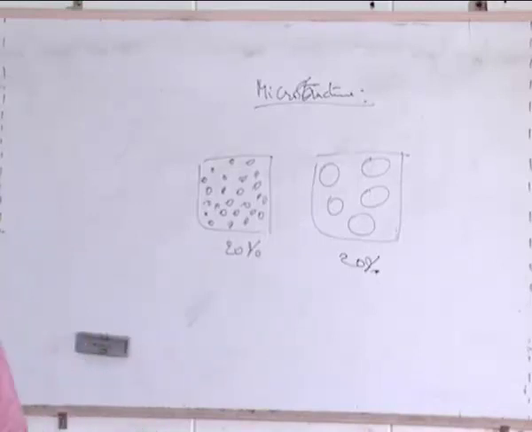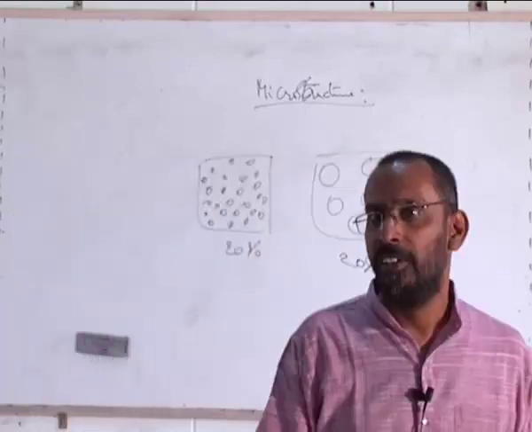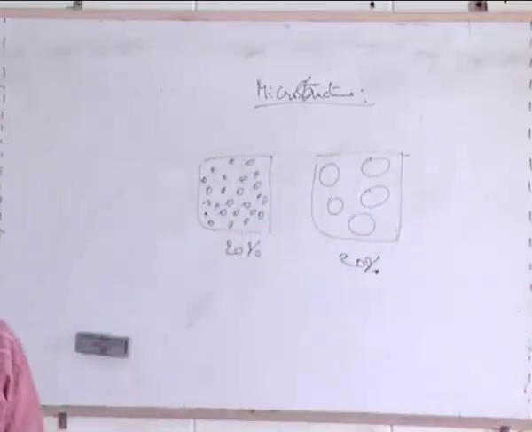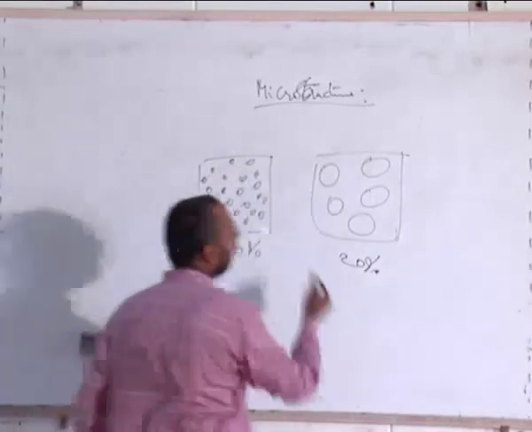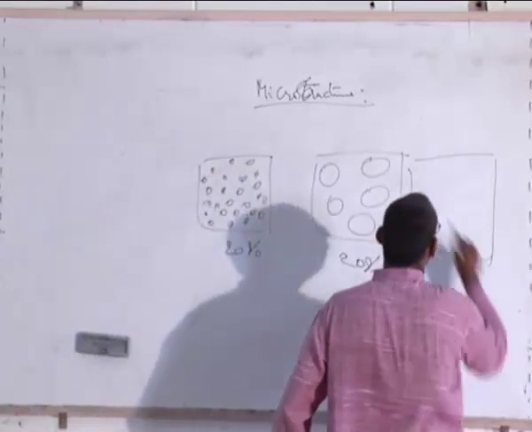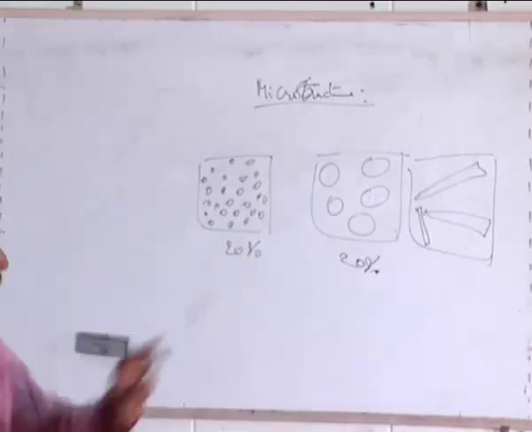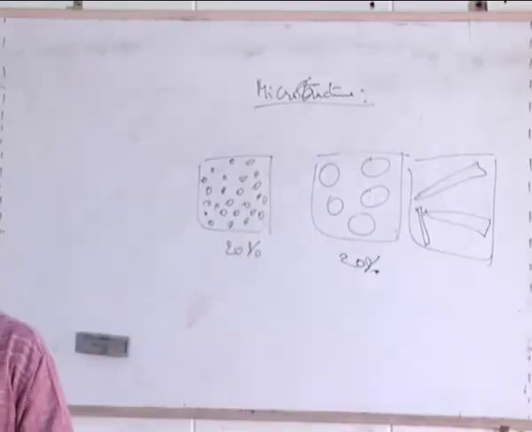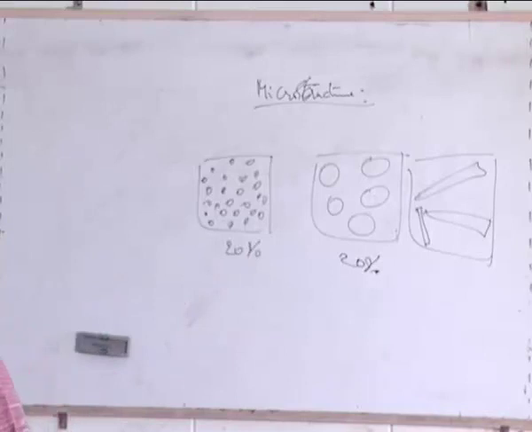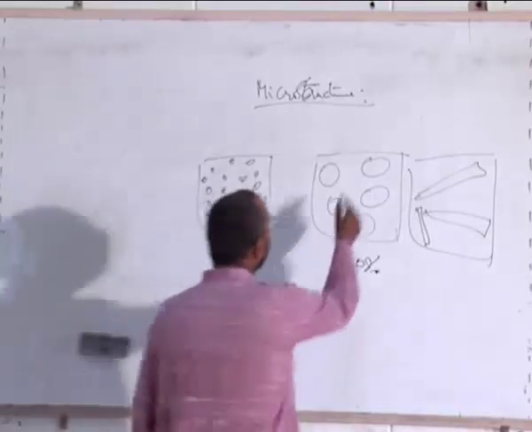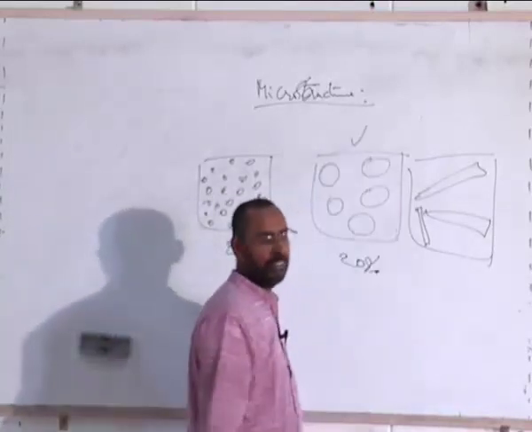So that means I need to know the sizes of these particles, shapes of the particles also. Why does shape become important? If I have a particle like this, I have another microstructure where I have needle-like particles, again same volume fraction. Let's say 20% here, 20% there. If I now compare, the strength of these two may be same, but there are other parameters. For example, ductility, if I compare, the ductility will be different, the toughness will be different.